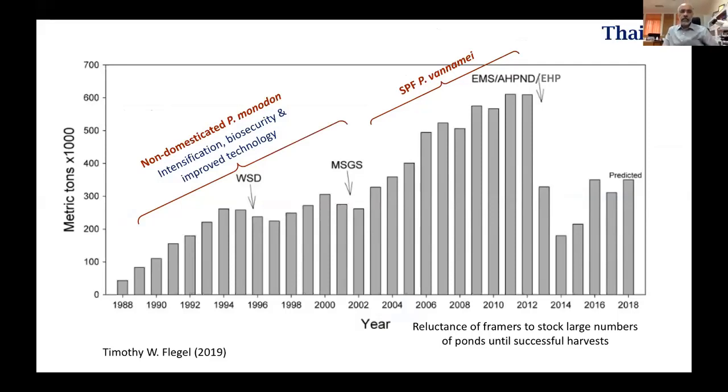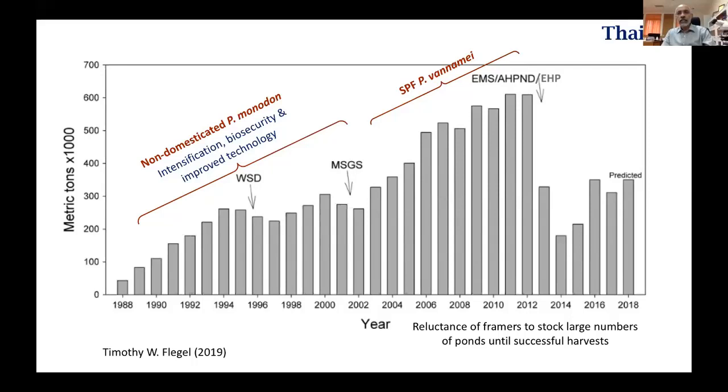In Thailand, you can see white spot syndrome virus. MSGS is actually the monodon slow growth syndrome, which also resulted in huge economic loss, though it did not lead to a clear or huge economic mortality. Whereas in late 2010 to 2012, you can see EMS, or early mortality syndrome, or AHPND, the acute hepatopancreatic